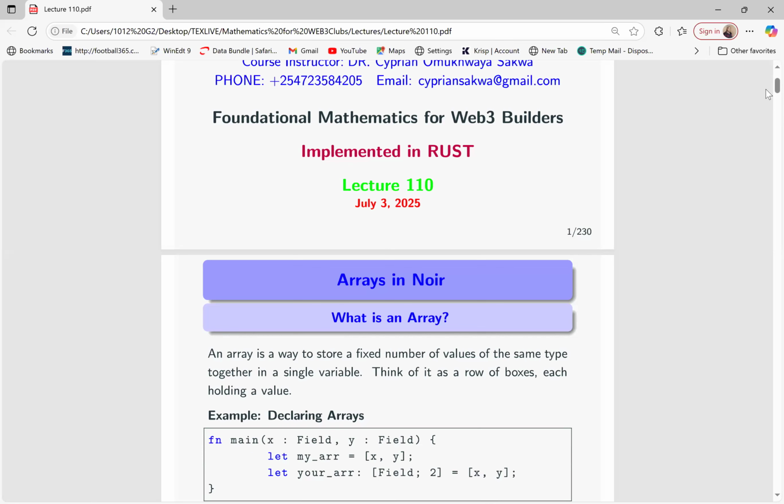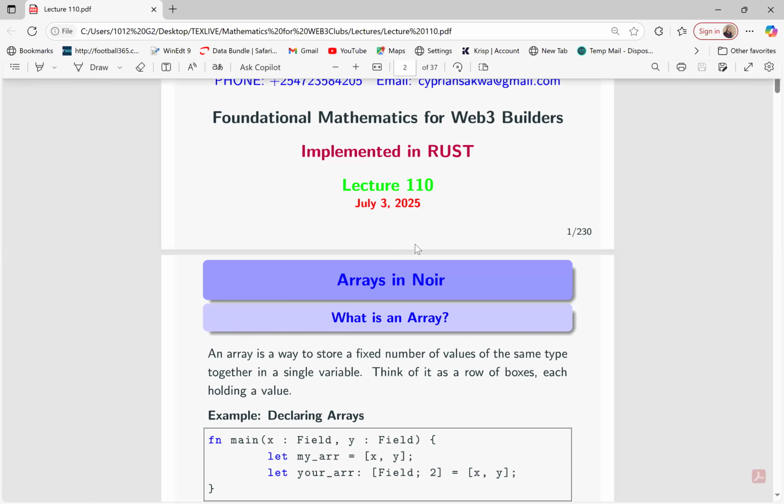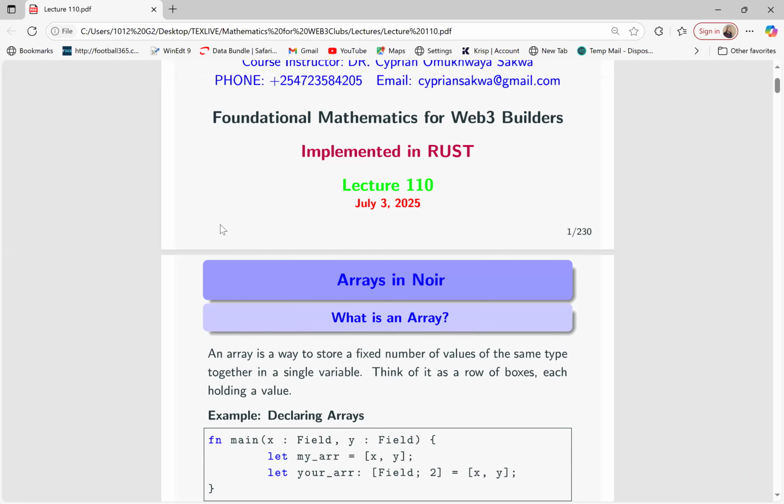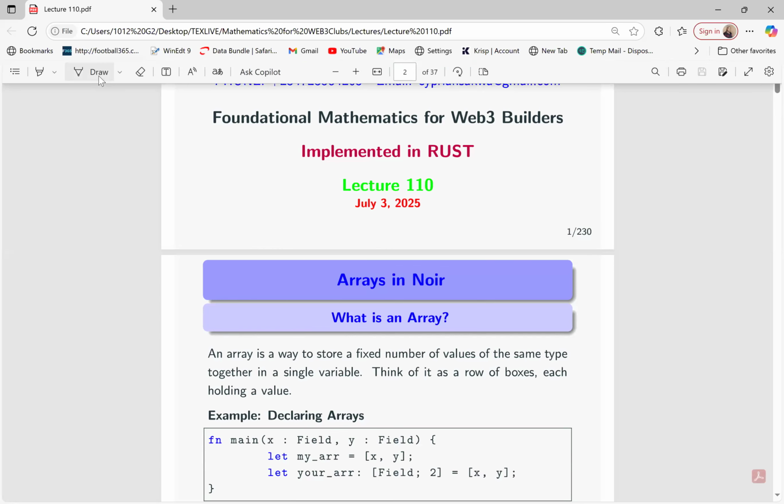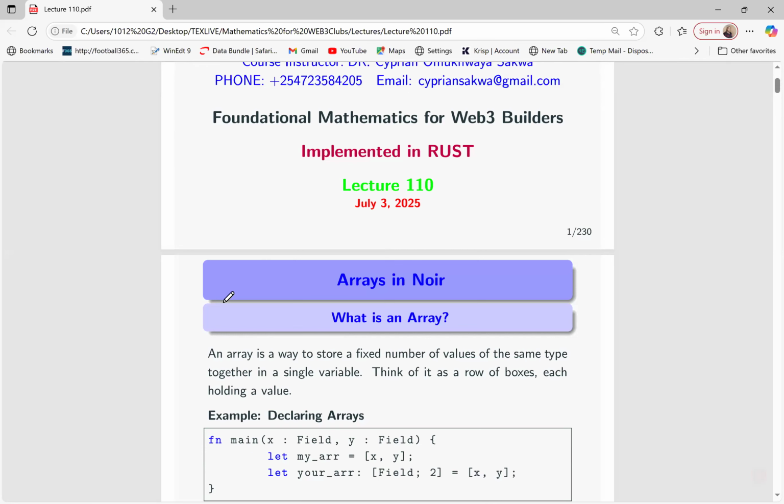So an array is a way to store a fixed number of values of the same type. So you are storing them together, so they must be of the same type. That is the underlying thing: that what you are storing must be of the same type. Now, how do you declare such